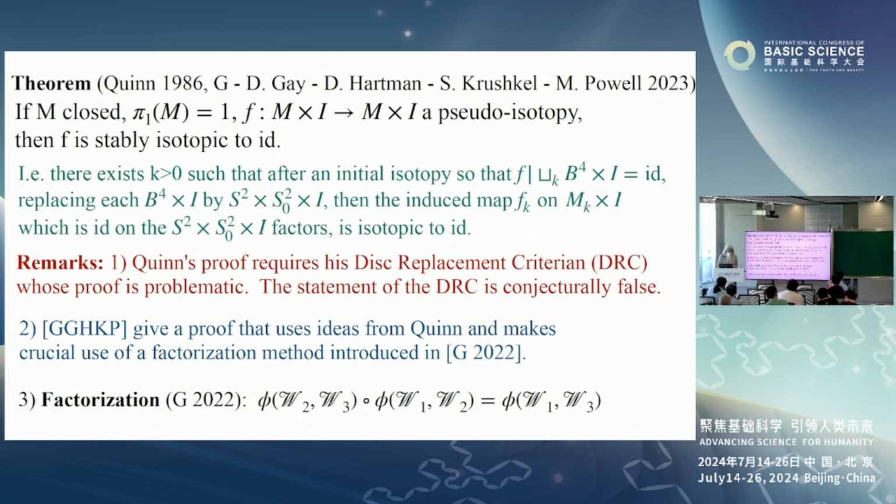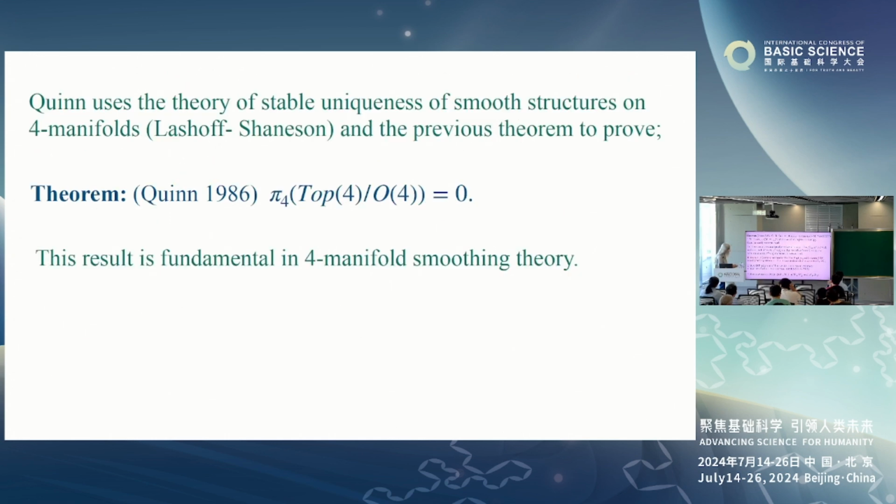So this factorization rule tells you that if you have the diffeomorphism coming from, like, W2 and W3, and you compose it with the diffeomorphism coming from W1, W2, then that's the same as the diffeomorphism coming from W1 and W3. Anyway, that's sort of the new ingredient we have. So, right. Okay, but let me just mention this,